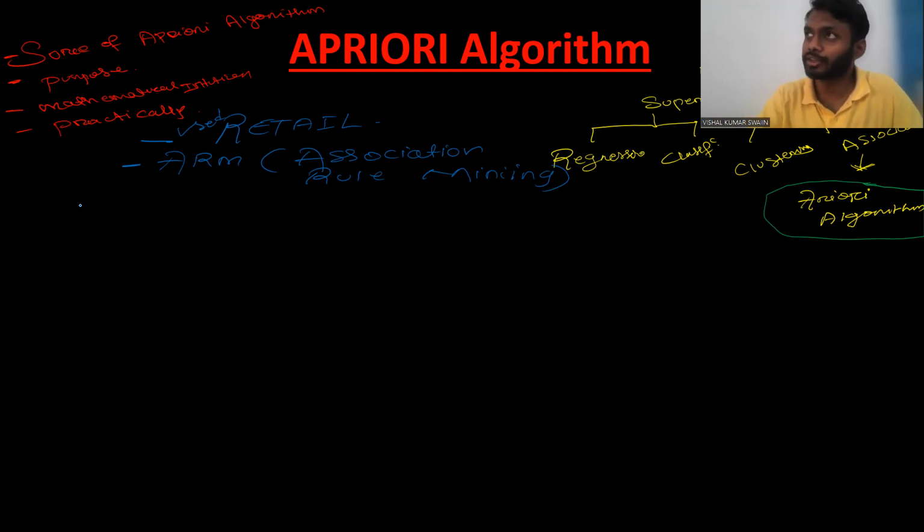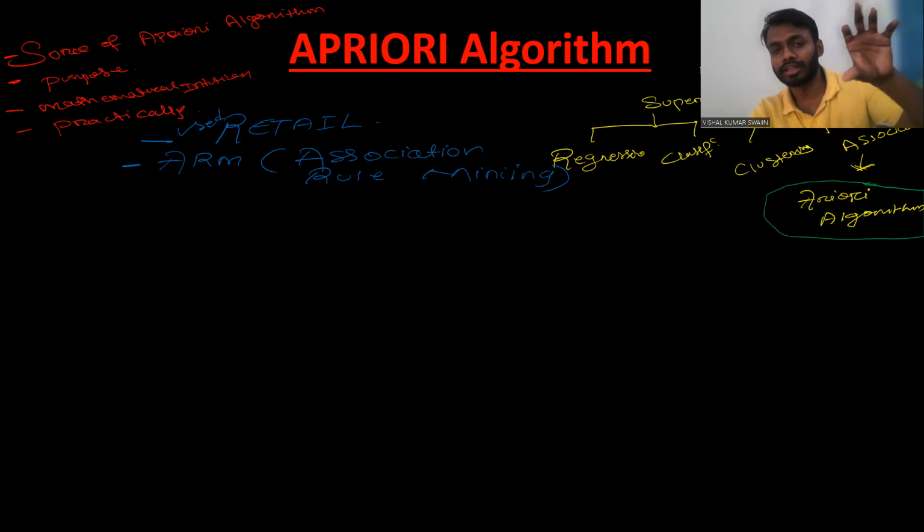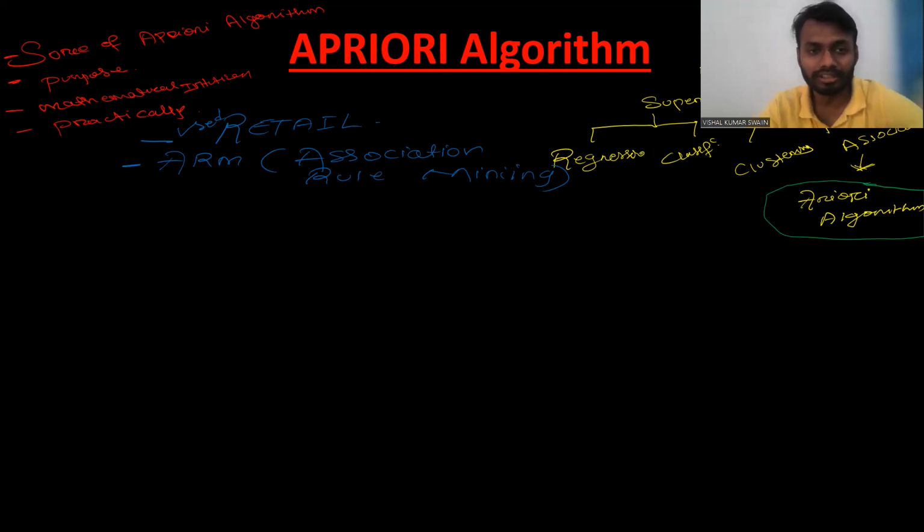So generally, I think you already look at Amazon and Flipkart. If I search for a single product, they show multiple combination combo offers on the downside. Yes or no? So in that part only, we are using the Apriori algorithm. It means the Apriori algorithm is used in that market basket analysis.